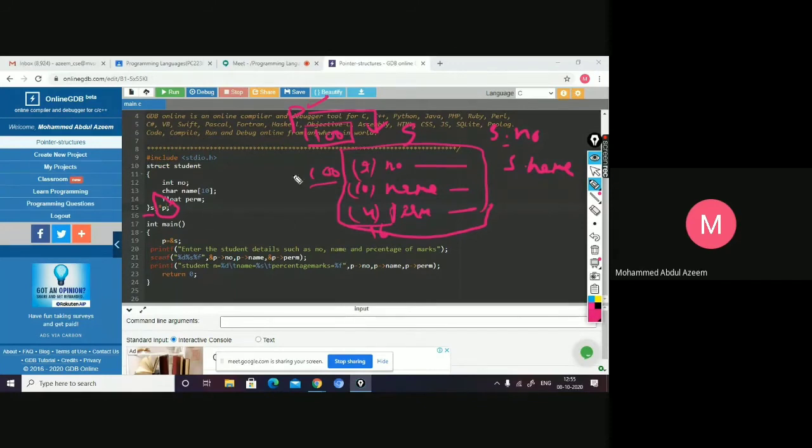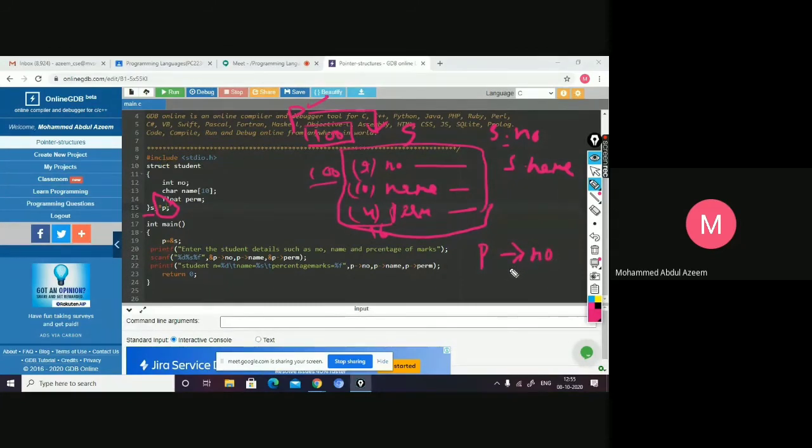But while accessing these members through P, how do you access them? With the help of the dereferencing operator called arrow. Arrow means hyphen followed by greater than. Hyphen greater than will act as a dereferencing operator when you are accessing the structure members through a pointer. So if I have to access number, say P arrow number.